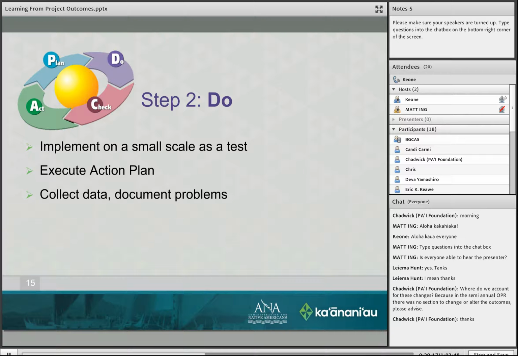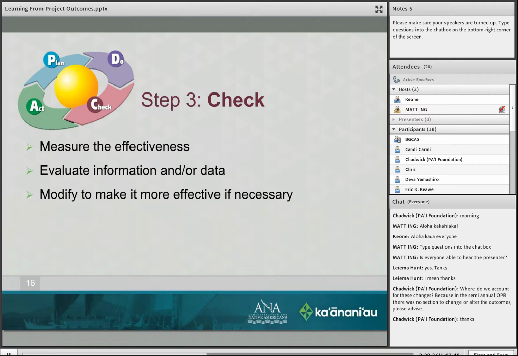Within that process, collect data and document problems. This is really essential because it will help you with any future tweaking of your outcomes.